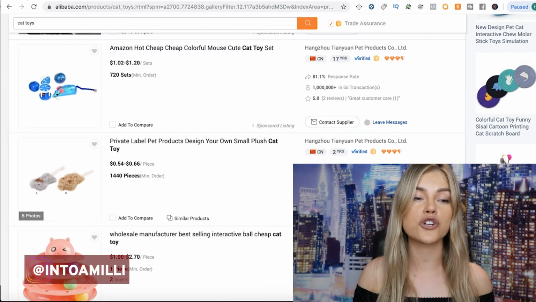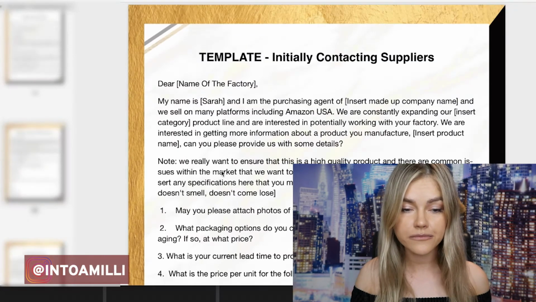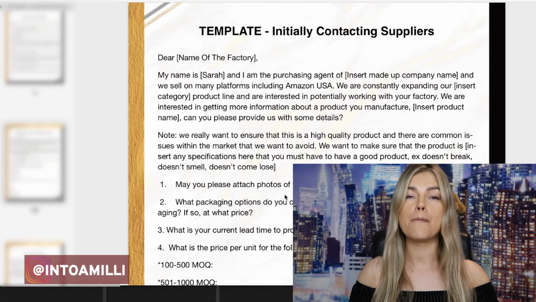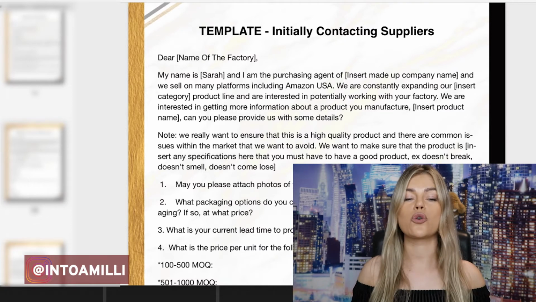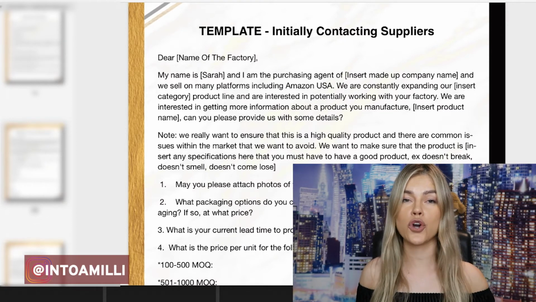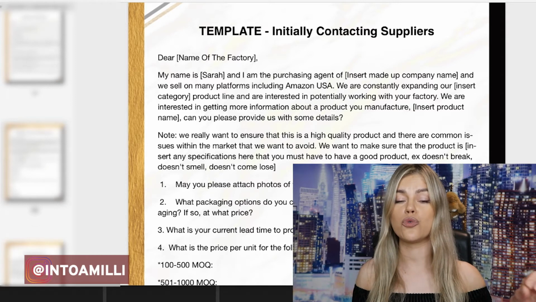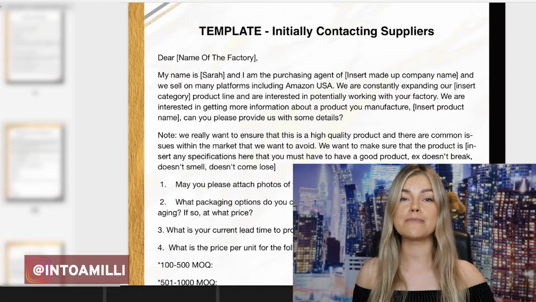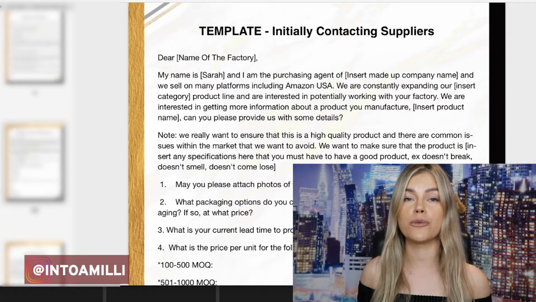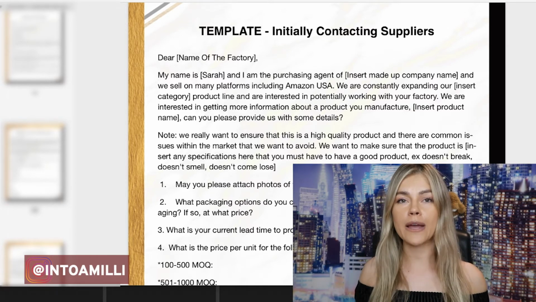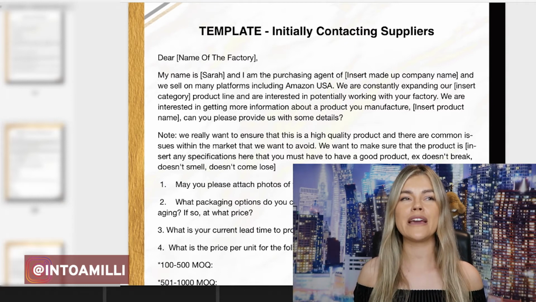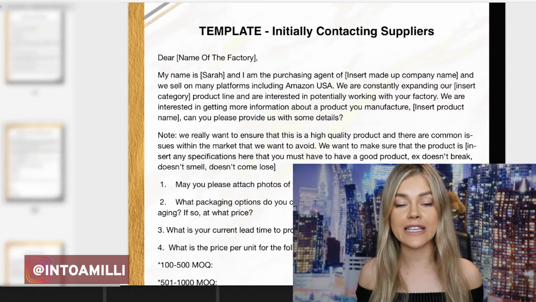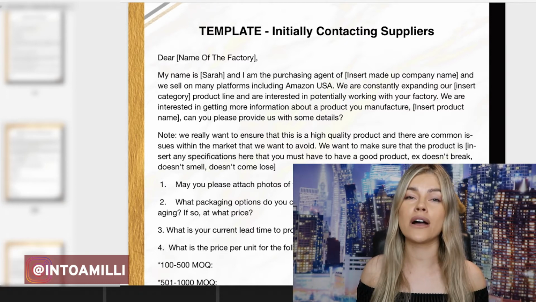Now let's get into the actual gold, which is the template. So here's how it's gonna go down. Very professional. Modify this to your product. This is gold because it has taken me so many modifications to really get the wording down and really get the questions down to get as many answers as possible when you're communicating with them, because oftentimes you will be writing to them and it will be their morning, but it will be your nighttime, so you're tired, you want to go to sleep, and then it might take them a while to get the quote,